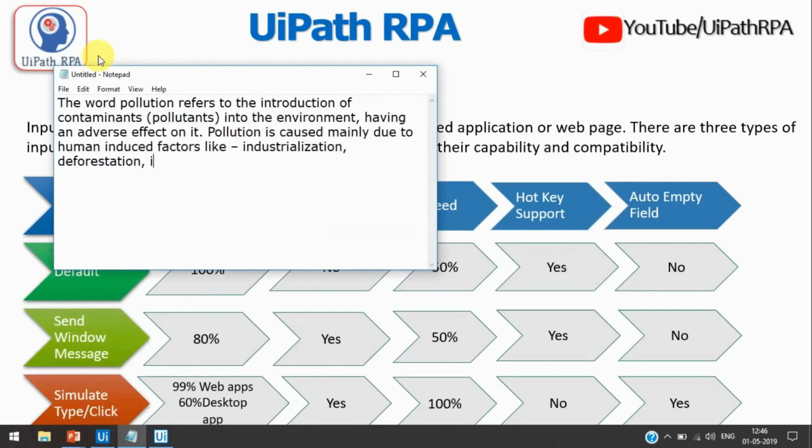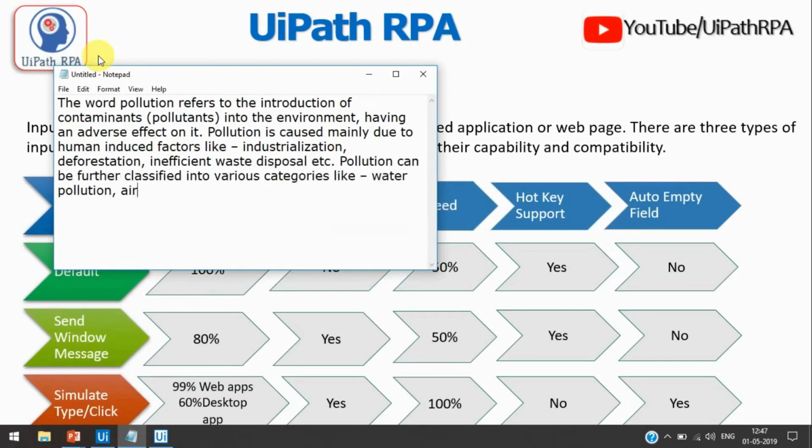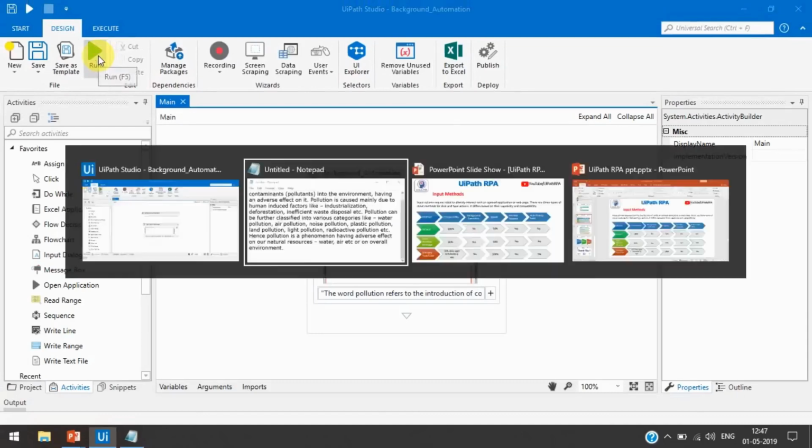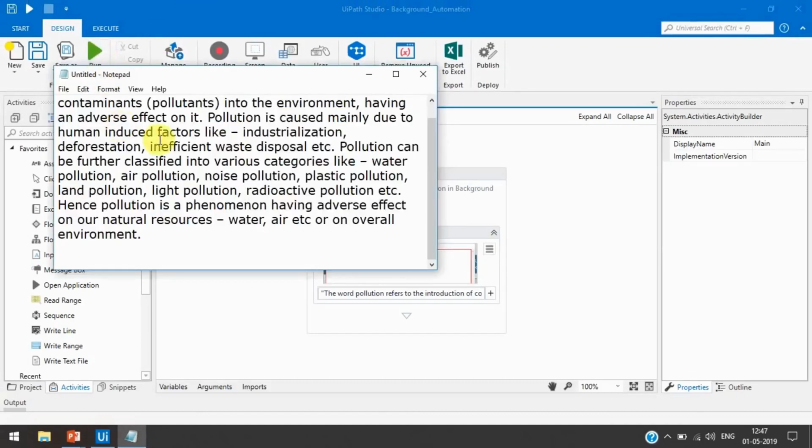So this is the first time, that's why the notepad has blank data. So first time it is typing here, and then again we will run this, and let's see whether with the same data it removes all this data or not.